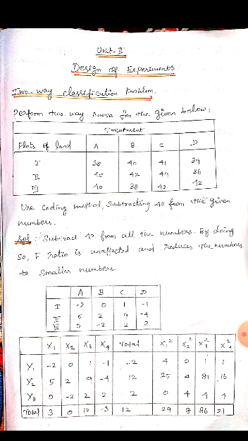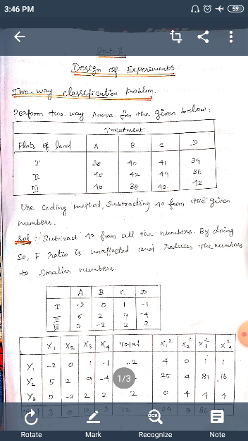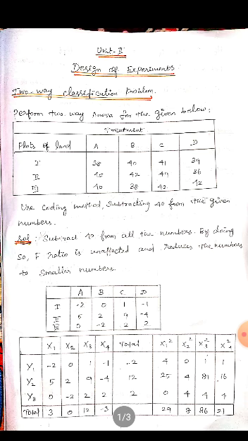We form the new table with A, B, C, D and plots of land 1, 2, 3. Then we form the totals column wise and row wise. Column wise will be x1, x2, x3, x4, and row wise will be y1, y2, y3. For column wise, take the square of x1, then x2 square, x3 square, x4 square, corresponding to each column. Row wise, just add the corresponding rows, and the columns are also added. Finally, add x1 square, x2 square, x3 square, x4 square as well. Once you find these total values, you substitute them in the following steps.